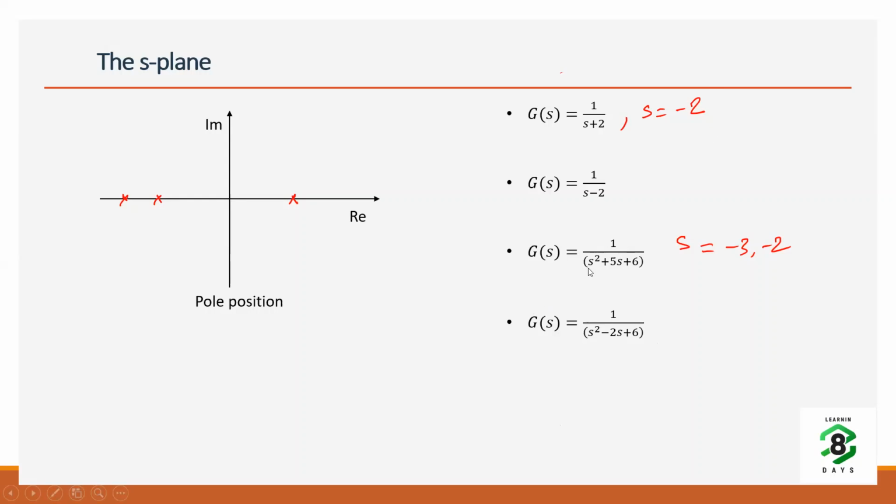You can see all coefficients are 1 over here. And for a second order system, if all coefficients are positive, we can say they have negative roots. But if you have any negative sign over here, then you can say that you will definitely have one pole on the positive side. So one pole will be on the positive side, one will be on the negative side, and this is again an unstable system.